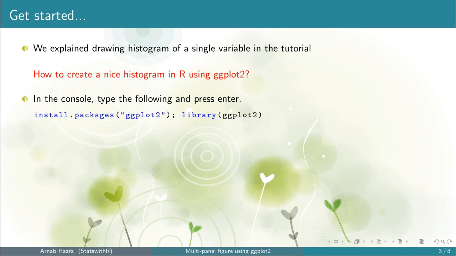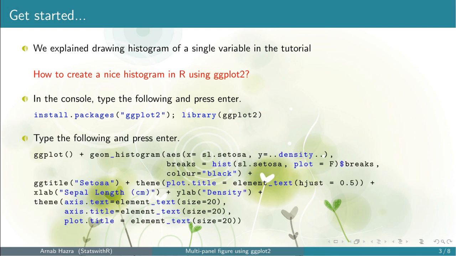Before we move to create the ggplots, first we need the package ggplot2. So we will install it and call it into R or RStudio. For this we will use the commands install.packages and library similar to the package datasets. Now we are ready to create the ggplot.